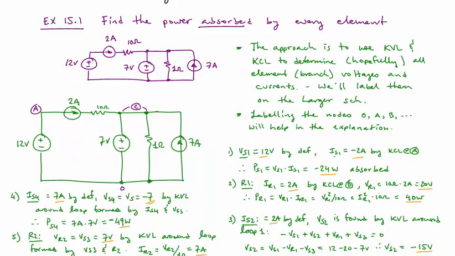So here we have a circuit with looks like 6 elements, and we're asked to find the power absorbed by every element. And so the approach is going to be to use KVL and KCL to determine all of the element or branch voltages and currents, and then we'll label them on the large schematic as we go. So let's start over here on the left. I'm going to call this VS1 for my first source. We'll have VS2,